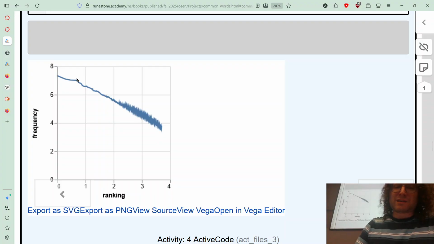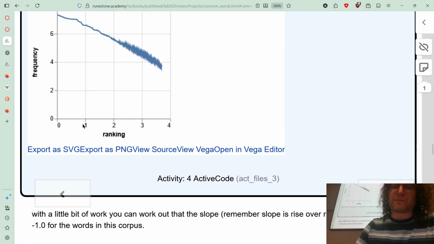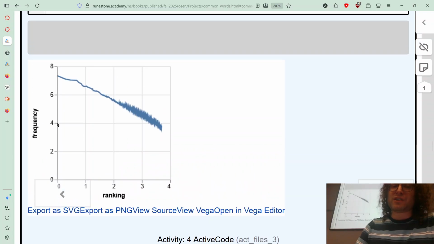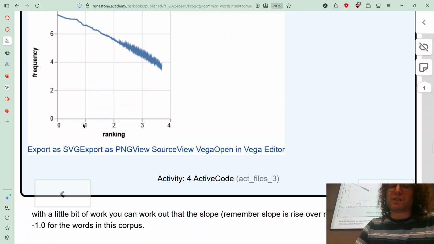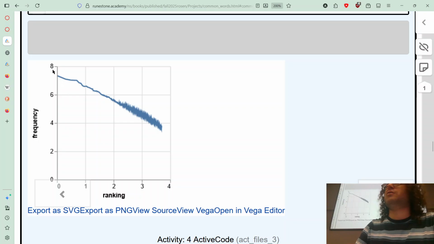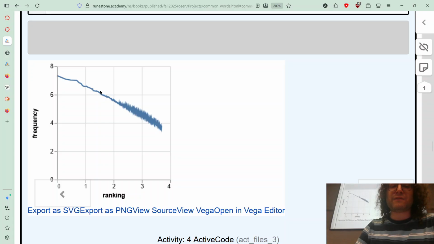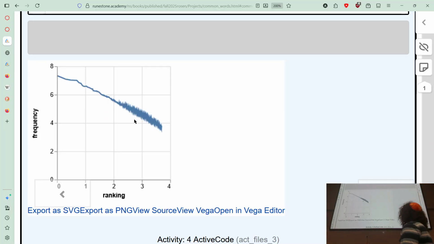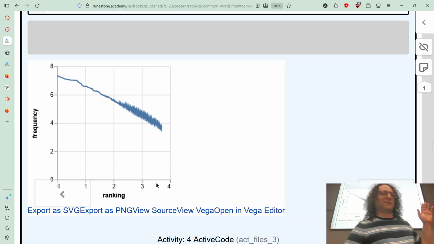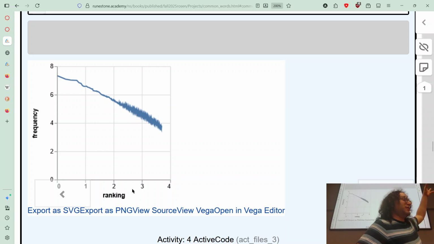showing that these first numbers, say these first 10 numbers over here, occur a whole lot. These occur millions upon millions of times, tens of millions of times. Whereas the next 100 numbers each occur millions of times to maybe hundreds of thousands. And then the next 1,000 numbers occur hundreds of thousands and tens of thousands of times. And then finally the rest, ranks 1,000 to 5,000, and we see that these occur